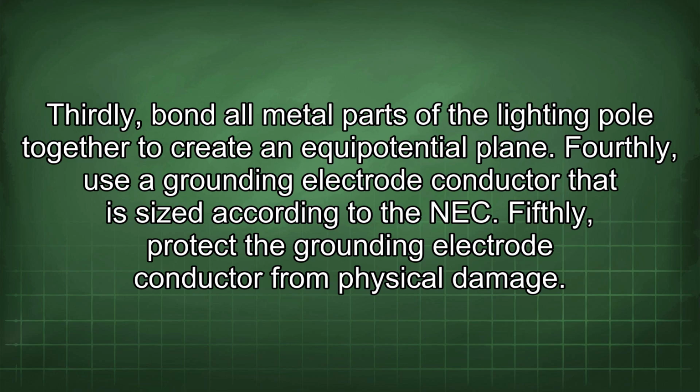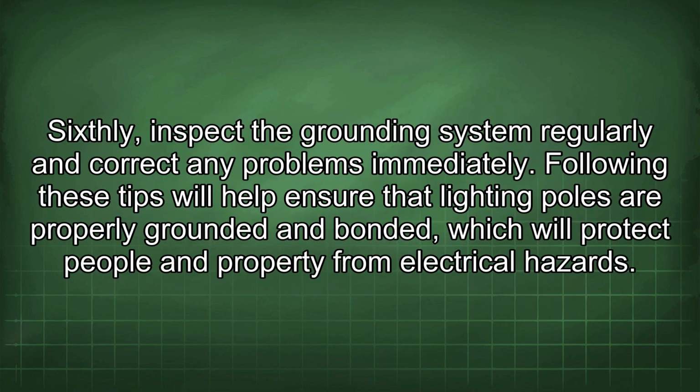Fifthly, protect the grounding electrode conductor from physical damage. Sixthly, inspect the grounding system regularly and correct any problems immediately. Following these tips will help ensure that lighting poles are properly grounded and bonded, which will protect people and property